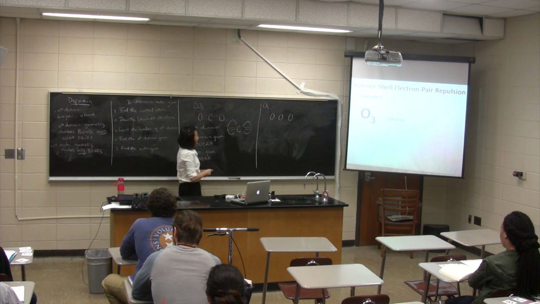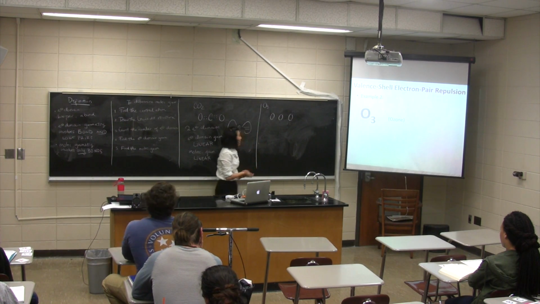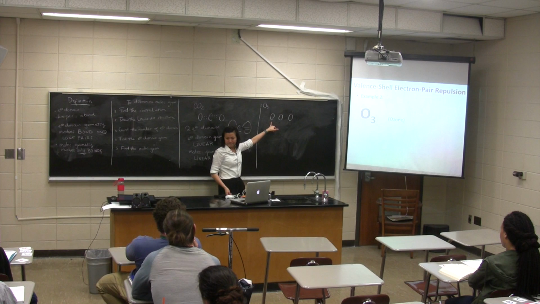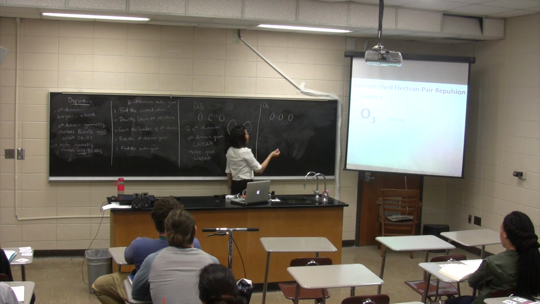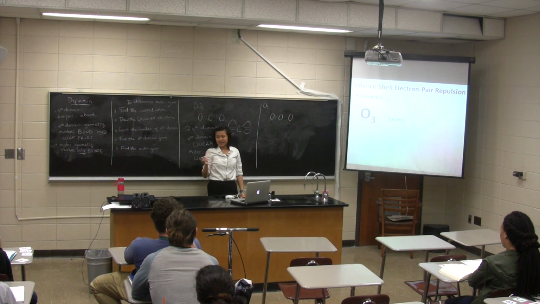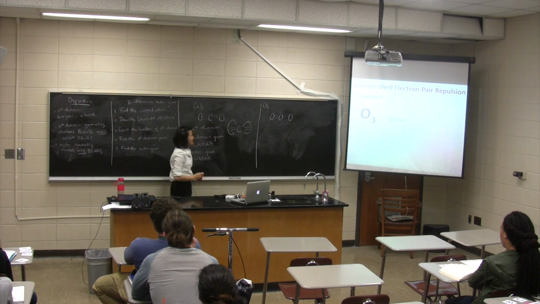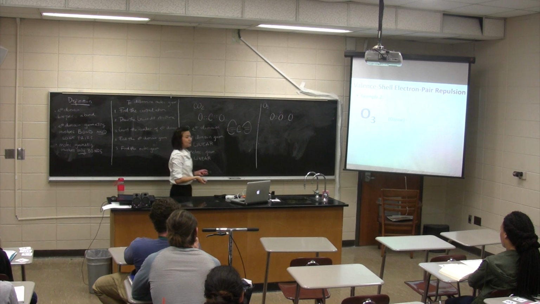Yeah? Oh, okay. Alright, in that event, around this oxygen, what kind of bonds can this central oxygen form with the oxygen on the left? It can be a double or a single, so for the sake of simplicity, let's say it forms a double bond. And then on the right, for the sake of simplicity, let's say it forms a single bond. And so you have a single lone pair up here.